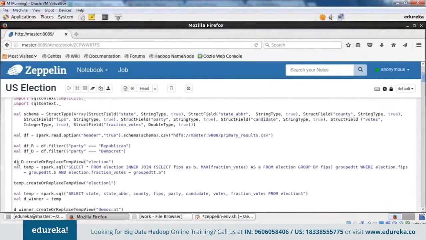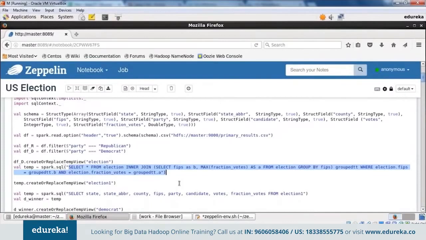So now I'm creating a temporary variable, and I'm running Spark SQL code. The motive of writing this SQL query is that I want to refine my data even more. What I'm trying to analyze here is how a particular candidate actually won. I don't have to do anything with the losing data, because you know that each FIPS contains one of the losing candidate members and one of the winning candidate members. It contains the data of the winning candidate and the losing candidate, because my data set contains the data of both Bernie Sanders and Hillary Clinton. In some counties, Bernie Sanders won, and in some counties, Hillary Clinton won.